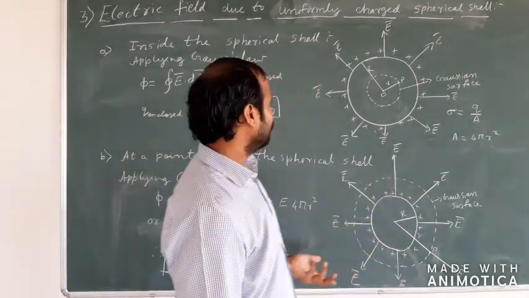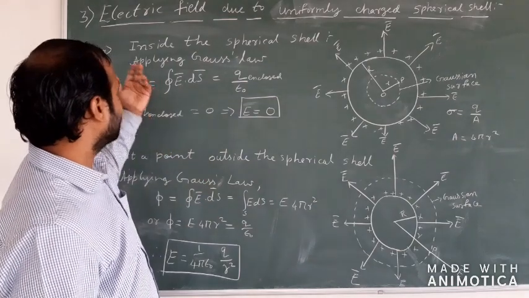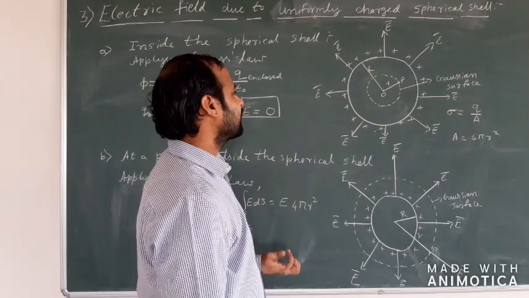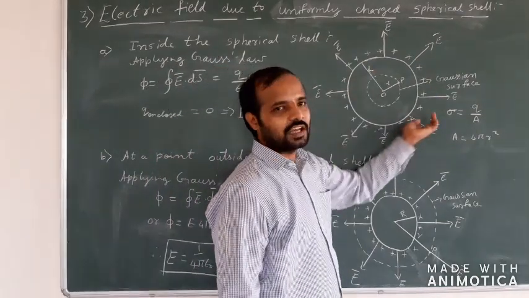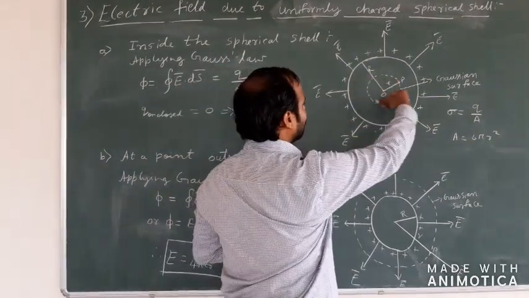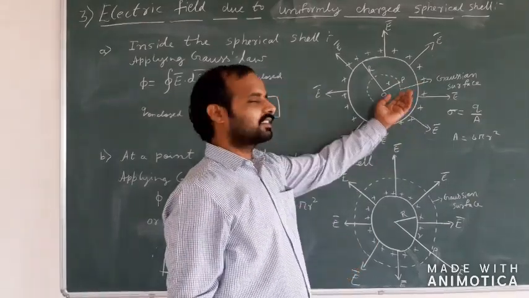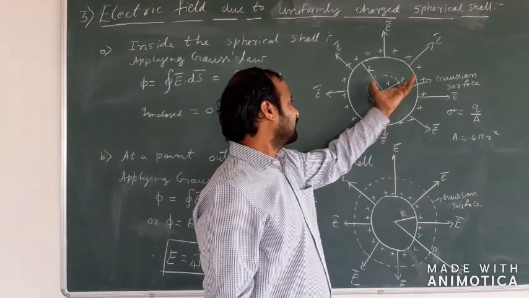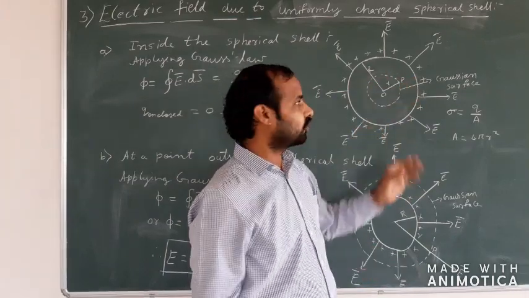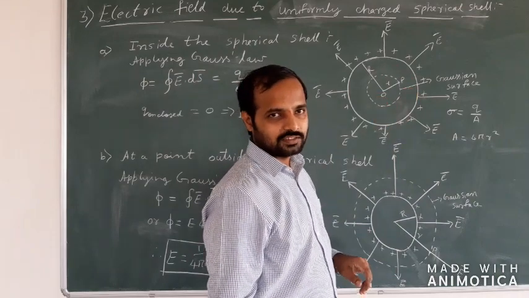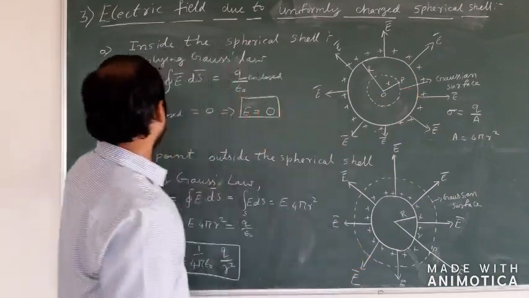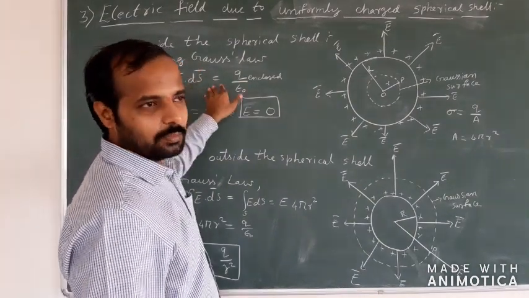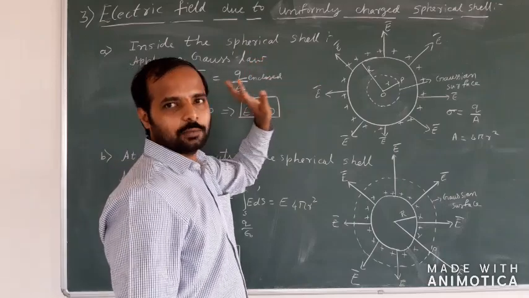So if we are going to consider the first case where we are going to find out the electric field inside the spherical shell, then inside the spherical shell, as you can see that there are no charges, which means if I am going to consider a Gaussian surface, that is an imaginary surface drawn inside the sphere, then you can see that the Gaussian sphere is not going to enclose any kind of charges. But according to the Gauss theorem, we already know that phi, that is the net electric flux, is equal to integral of E bar dot ds bar equals to q enclosed divided by epsilon naught.